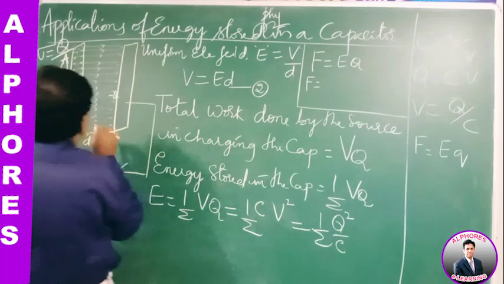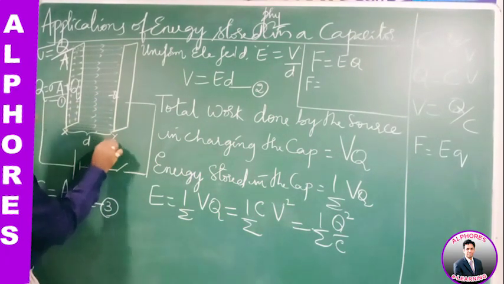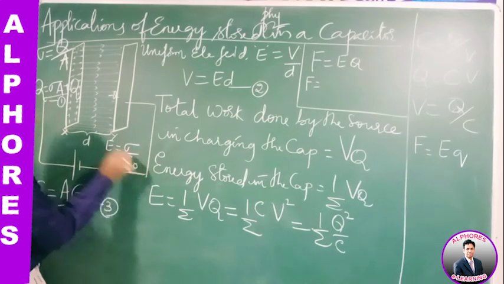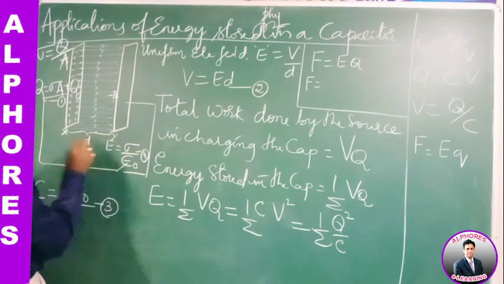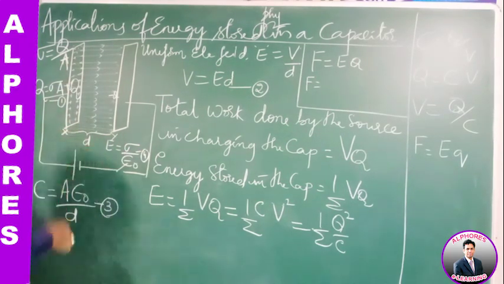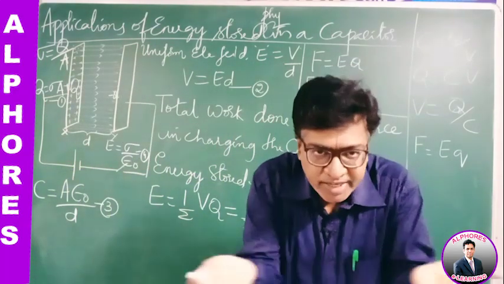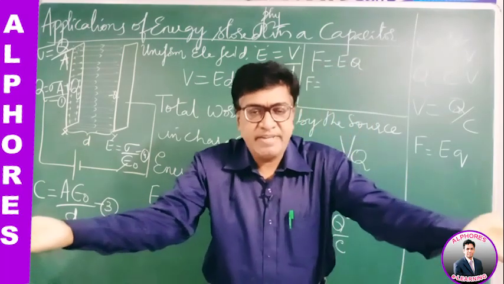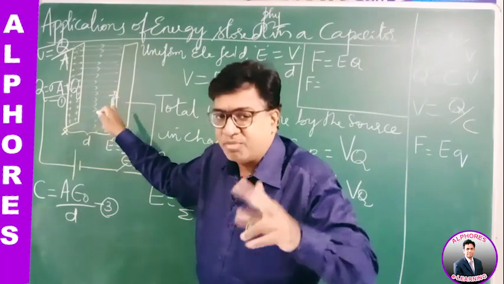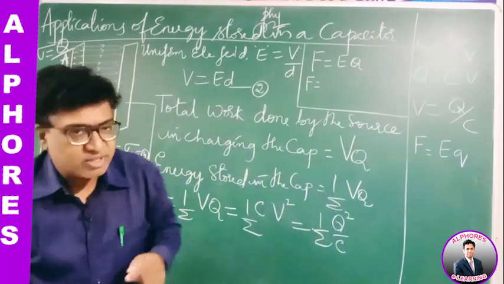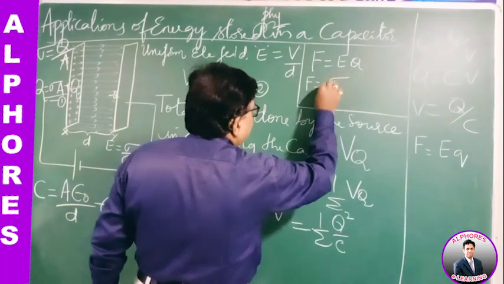Now what is the electric field between these two plates? The electric field between the plates E is equal to sigma by epsilon naught. This is another important formula you need to know. We have done it in the earlier chapter applying Gauss law. The field due to an infinite sheet is sigma by 2 epsilon naught. Positive plate gives sigma by 2 epsilon naught and negative plate gives sigma by 2 epsilon naught. Both adding together, it is sigma by epsilon naught. So the electric field between the plates is sigma by epsilon naught.